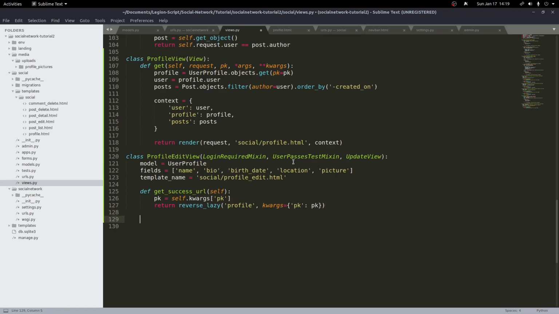And then finally, we can add our test function so we can authenticate the user, make sure the user that's logged in matches the user on this profile. So you do def test_func self. So we profile equals self.get_object. Get this current object that we are working on in our generic view here. And then we can go ahead and return self.request.user equals